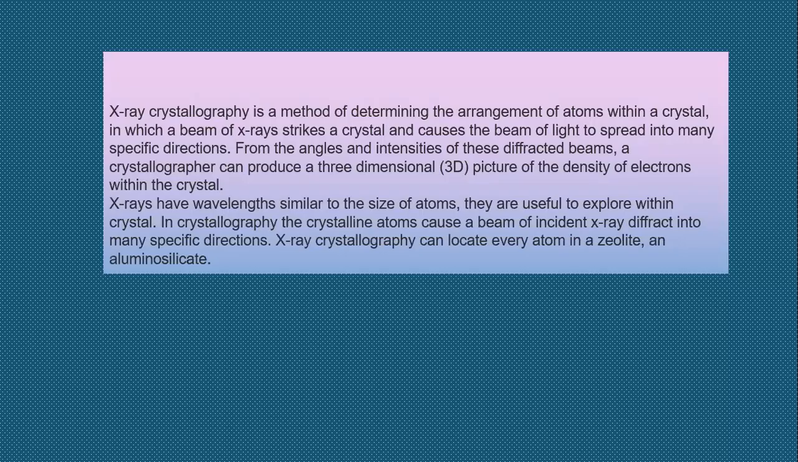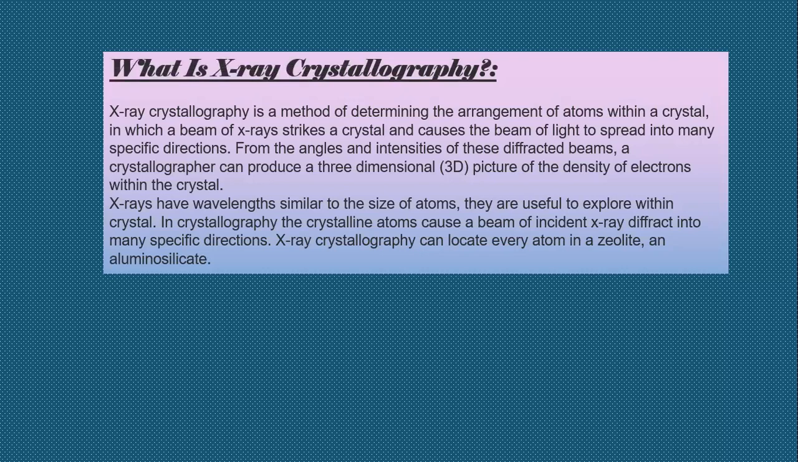References. Firstly, what is X-ray crystallography? X-ray crystallography is a method of determining the arrangement of atoms within a crystal, in which a beam of X-rays strikes the crystal and causes the beam of light to spread into many specific directions. From the angles and intensities of these diffracted beams, a crystallographer can produce a three-dimensional, or 3D, picture of the density of electrons within the